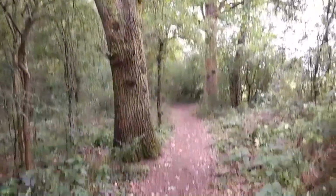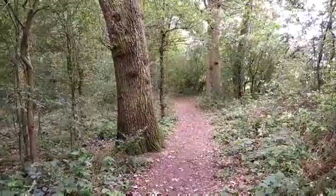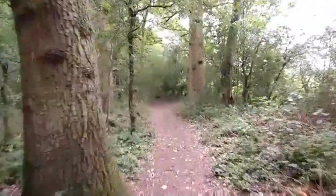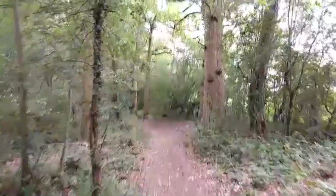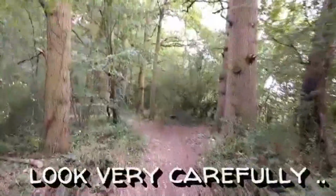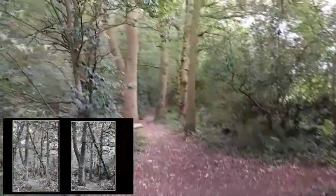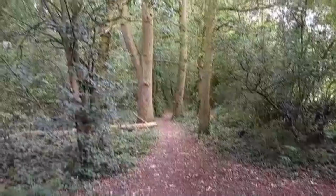And I appreciate, one, you don't have to walk this path for it to happen. And number two is you could walk any old path if you look very carefully. Got another two there. Now, when I said look carefully, there is a horizontal or a diagonal branch which we